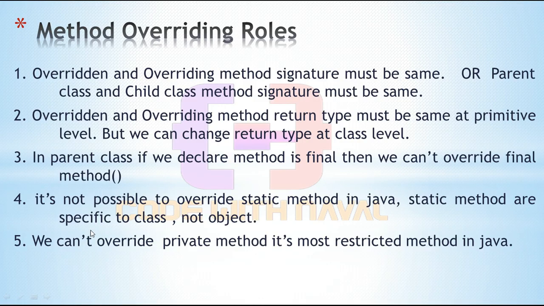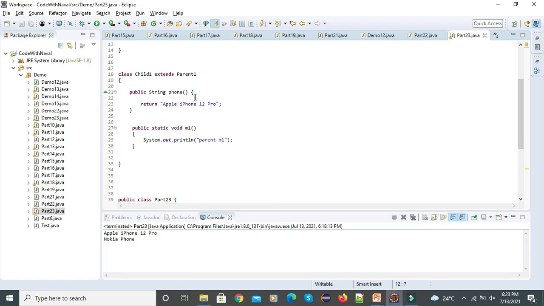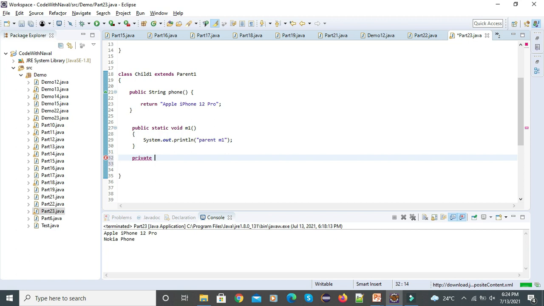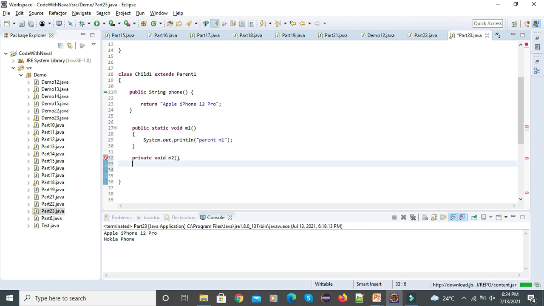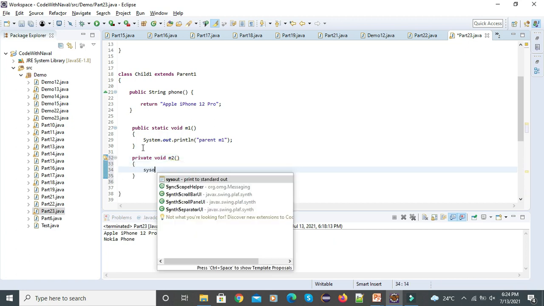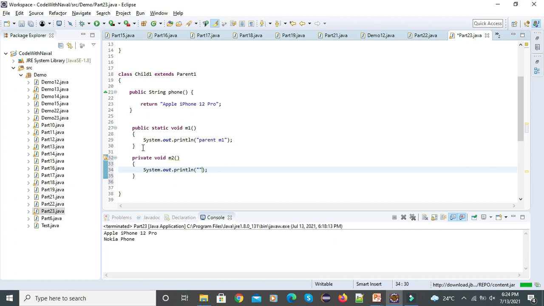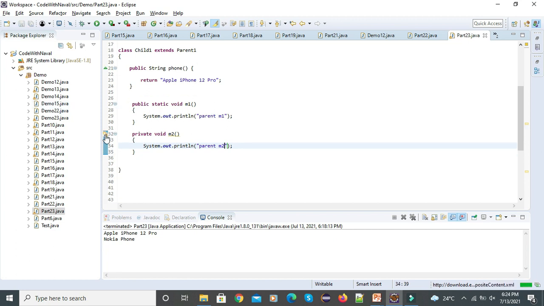Then finally we have the private method. Let's define one private method. I'll simply create one more method, not public, private. Simply define private void m2, and add the implementation System.out.println, parent m2 method. Let's see. You can see it's throwing a warning.